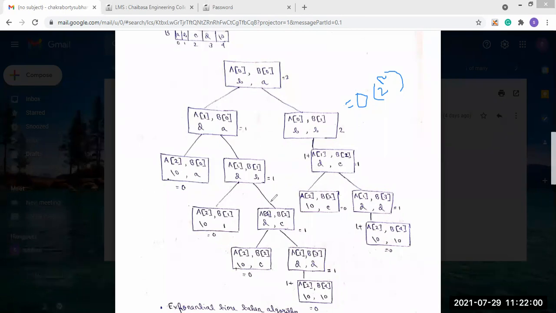So that means we are filling the values from the bottom up. In this tracing tree, we filled the values with a bottom-up approach.